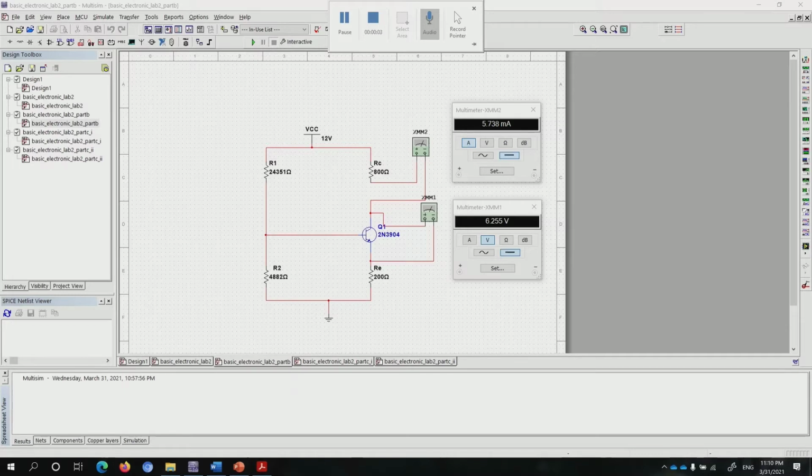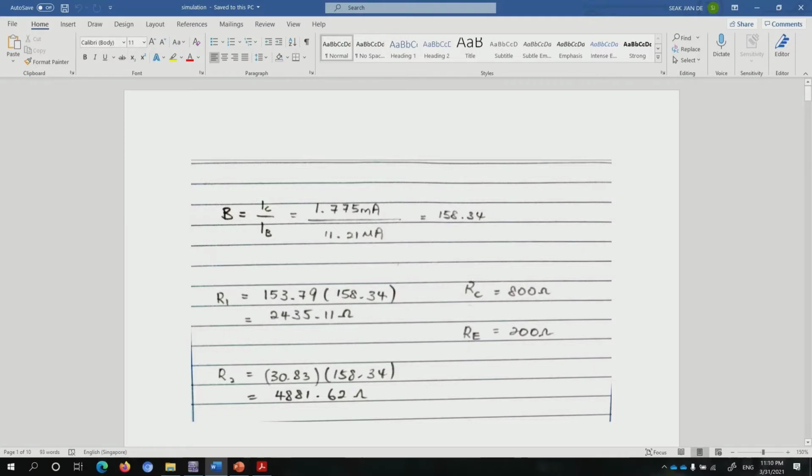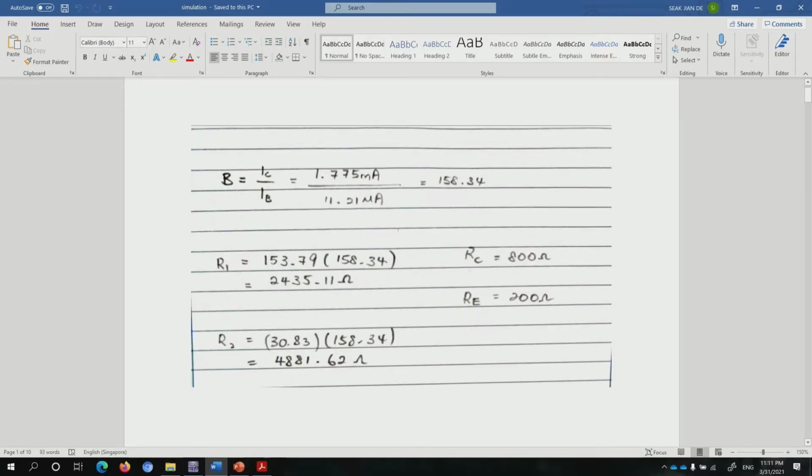Okay, I will present about part B. This is the circuit of part B. We construct the circuit by referring to the values of R1, R2, RC and RE from the prelab we have done, and also by referring to part A for the beta. So the beta we get is 158.34. This is referred from the simulation we have done in part A, and we substitute this beta into the formula we have generated